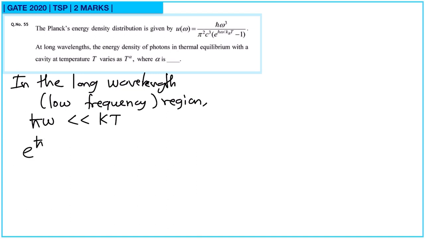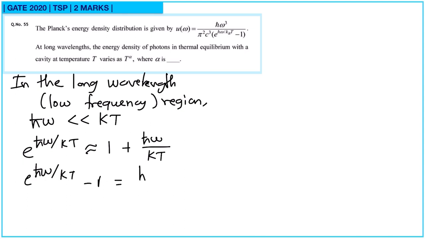That means e raised to h cut omega upon kT will be nearly equal to 1 plus h cut omega by kT. So we will use this. So from here e raised to h cut omega upon kT minus 1 will be nearly equal to h cut omega by kT. So this u of omega function